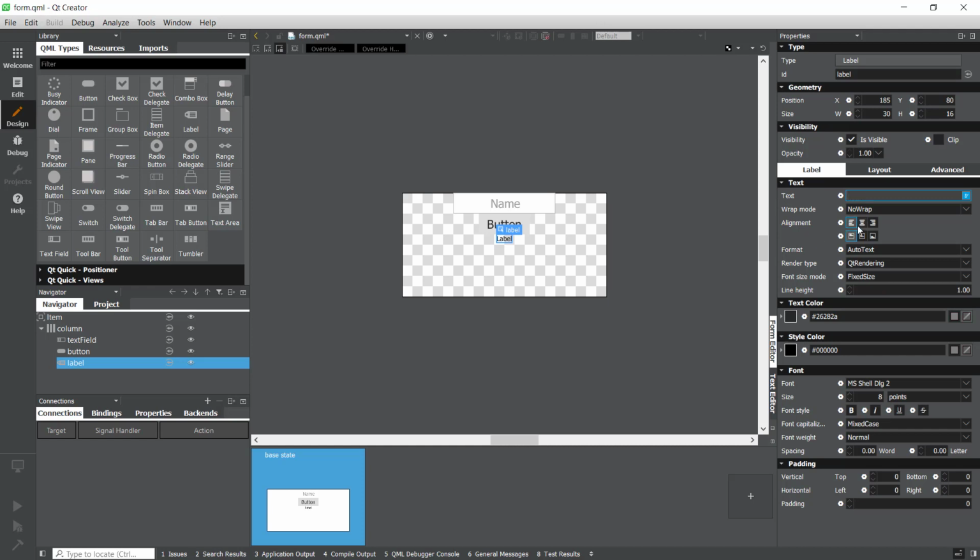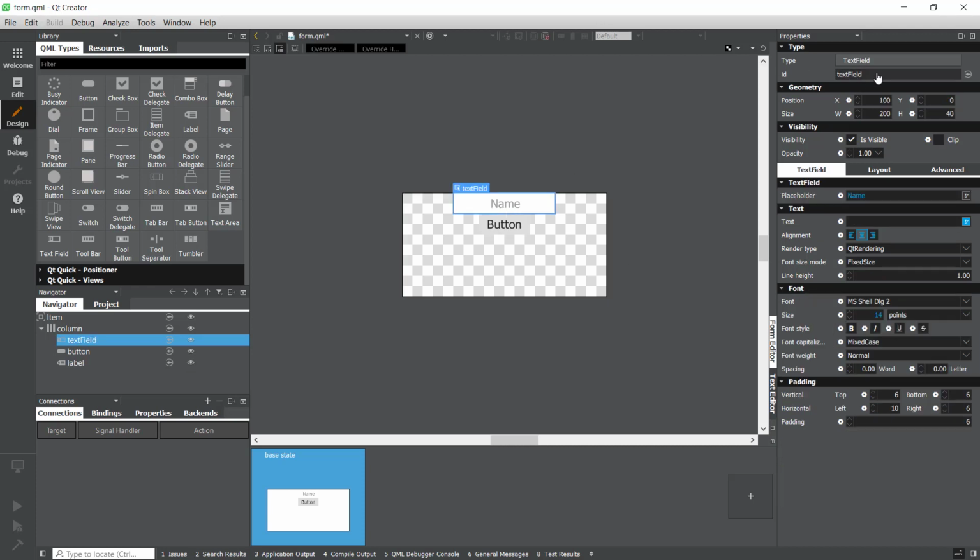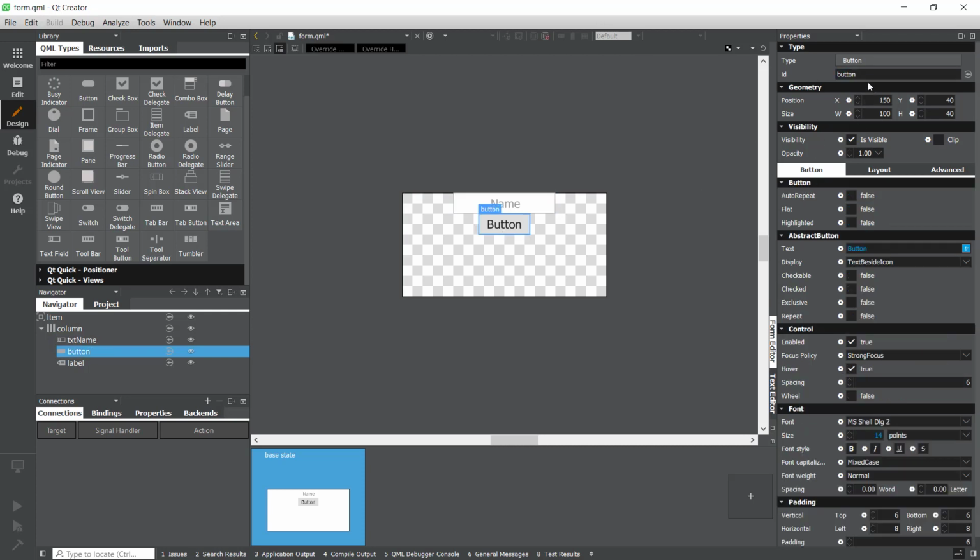I will make center alignment for the label, but I will also change the size to 14. Done. Now I have to give these controls names so that programmatically I can find them. Now typically in QML, you fill in this ID. So I'll call this txt name. I will call this btn message